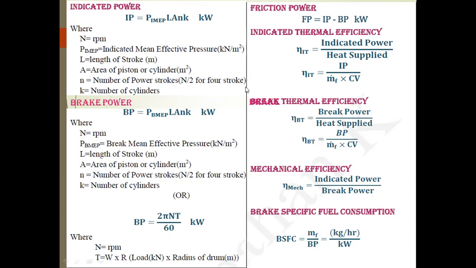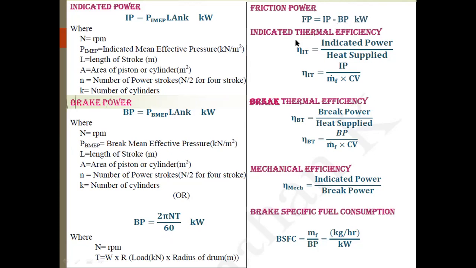Next, very important, is the frictional power. We can find the frictional power by various methods, that is the Willans line method or the retardation method. From the brake power value and the fuel consumption value, we can find the friction power graphically by the Willans line method or extrapolation method. Otherwise, friction power is equal to indicated power minus brake power.